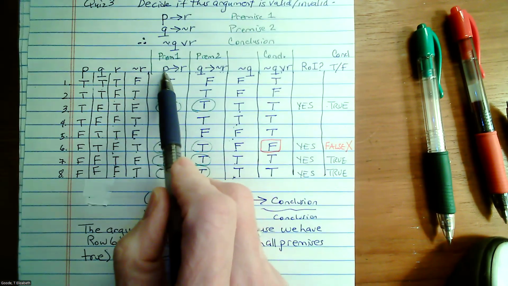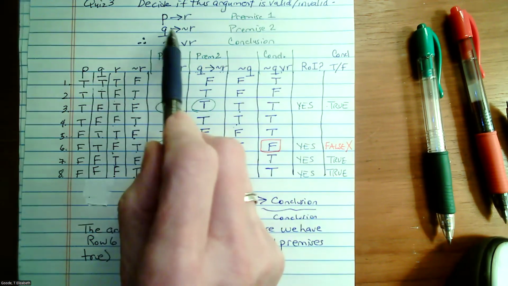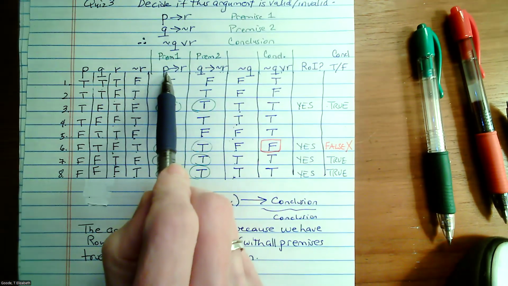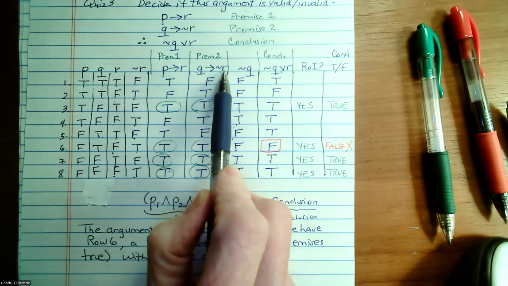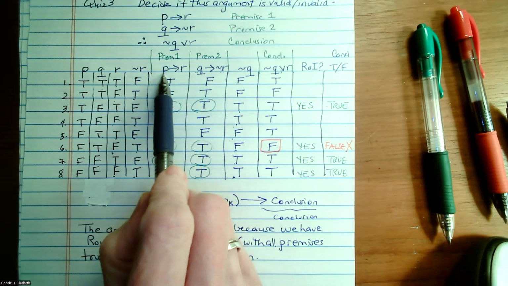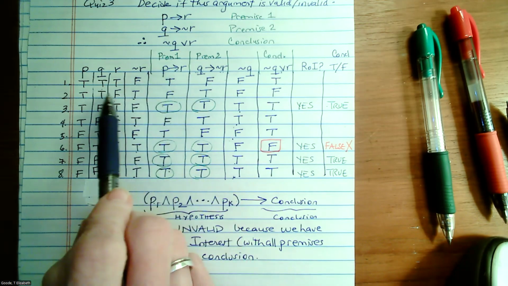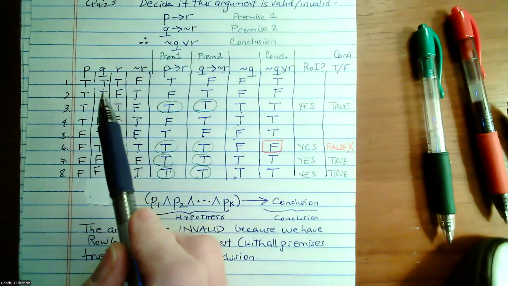So I hope that helped you with understanding how we evaluate if-then statements. You have to look at the hypothesis of the if-then, and you have to look at the conclusion of the if-then. And the if-then statement only fails if we have a true hypothesis and a false conclusion. So here's the rule